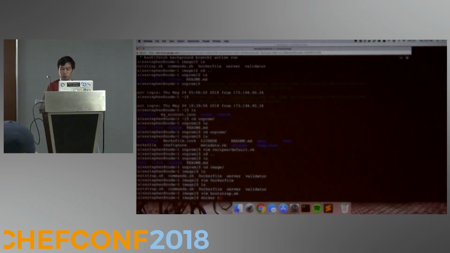So at this point, I'm going to push this Docker image up to Google Container Registry. Google Container Registry is Google Cloud's version of a private Docker image repository. There's a bunch of similar ones. The big thing is that you,